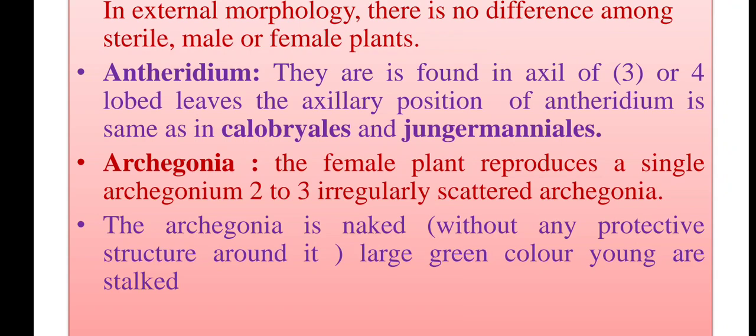Antheridium is the same as in Calobryales as well as Haplomitriales. All of you know the Calobryales order and the Haplomitriales order. Antheridium is the same. Antheridium produces the anthrozoids and archegonium produces the egg cells. They mate with each other, and after fertilization they produce the spore. They convert into the sporophytic plant body.